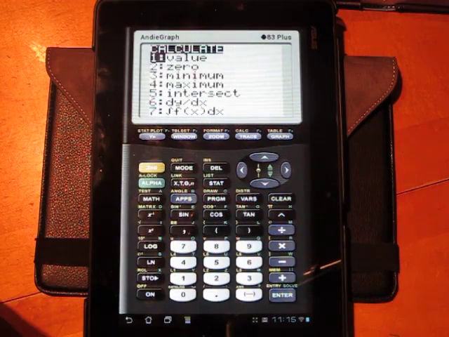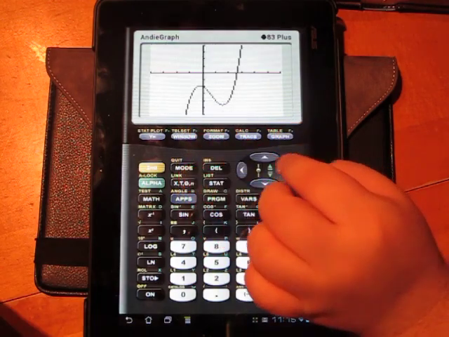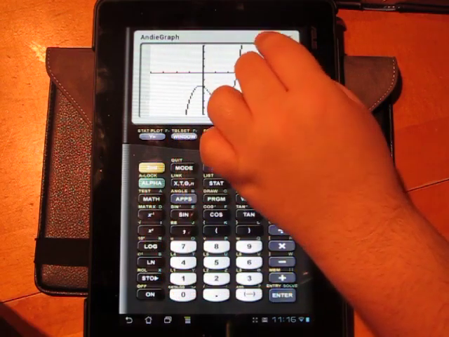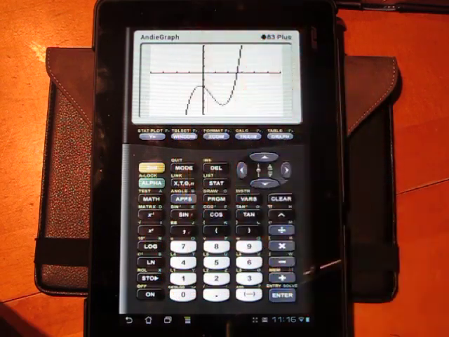Using those specific things, we can pretty much match any graph that we want to. You wonder which graph matches. Most of the time, all you're going to need to know is the behavior of the endpoints, whether it goes up to the left or down to the left, and that will tell you, along with the